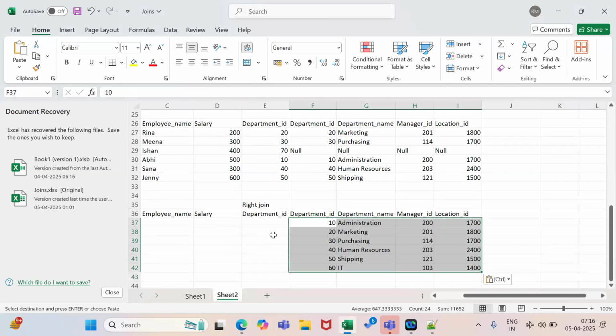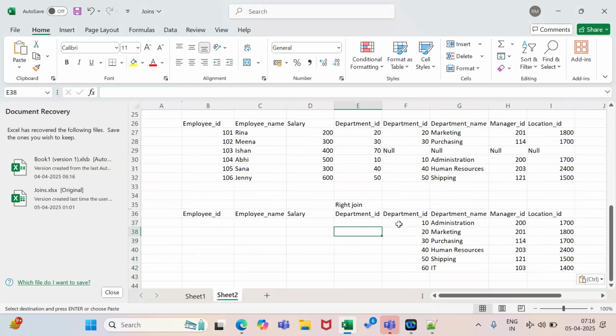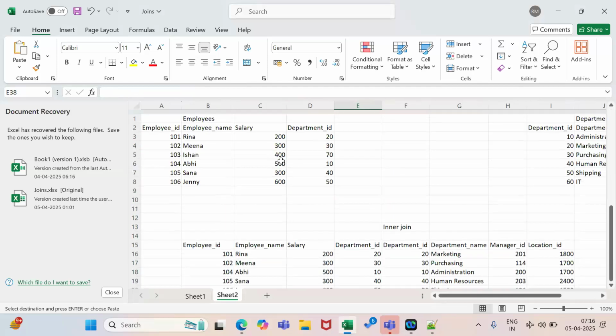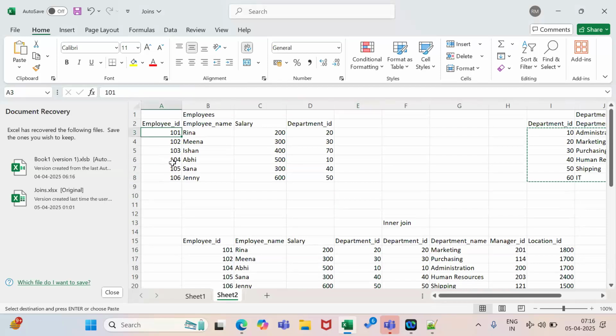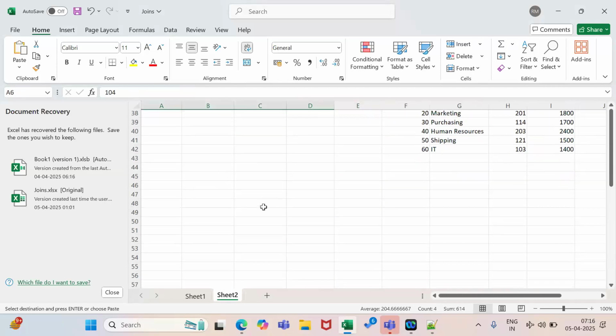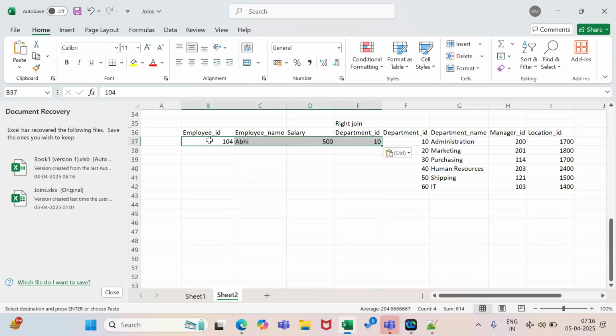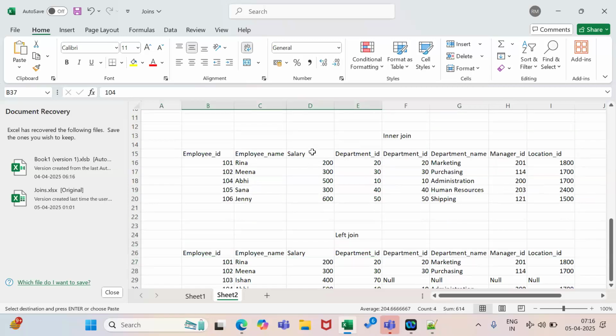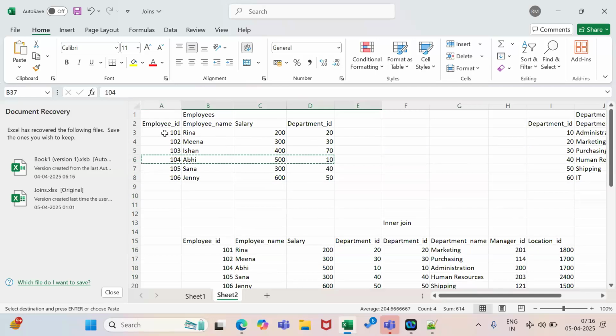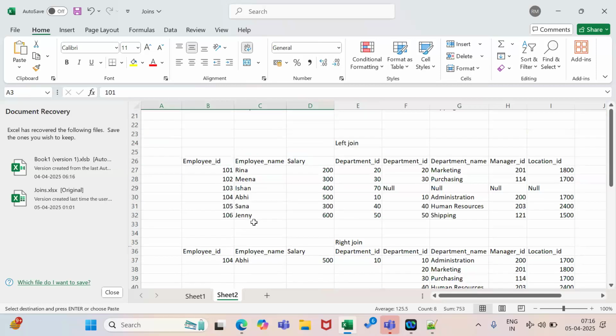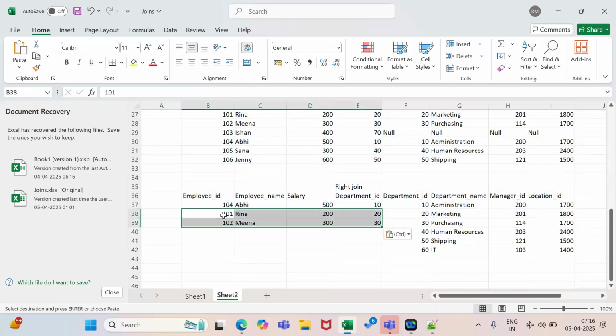Okay, now on the basis of this we can check the left. So for 10 we have, okay, for 20, 30, both we have, 40.